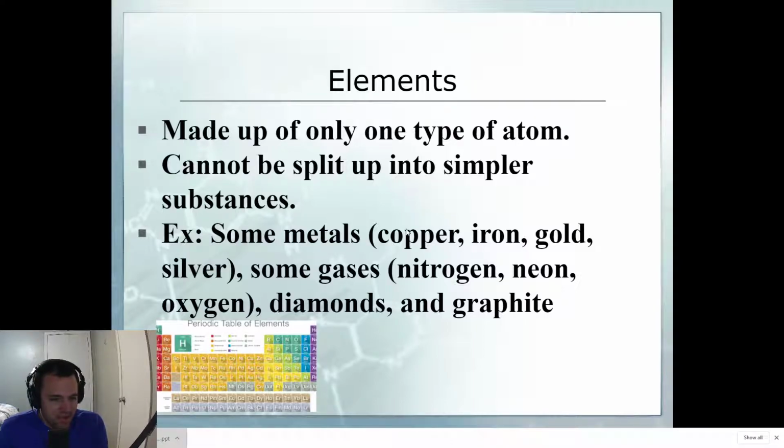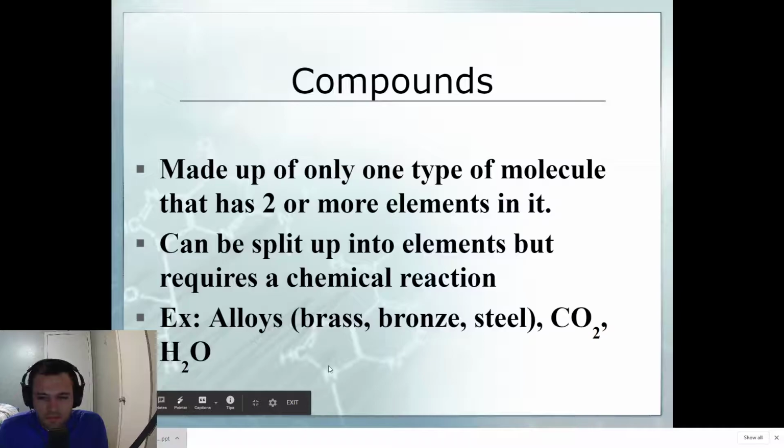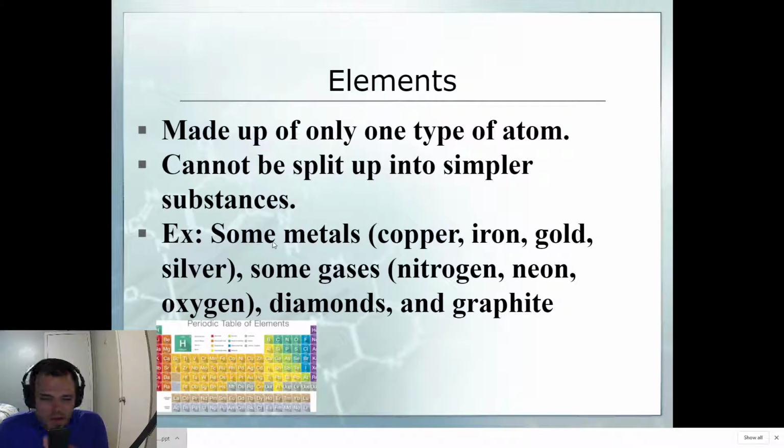That type of atom is going to be that element no matter what you do to it. It doesn't get any smaller than that. It doesn't get any simpler than that. So everything on the periodic table that you see is an element, one type of atom. Each of those little boxes down here. Some examples from real life that you might know of